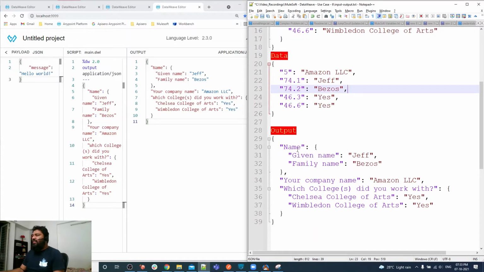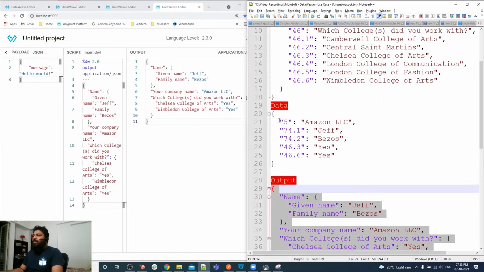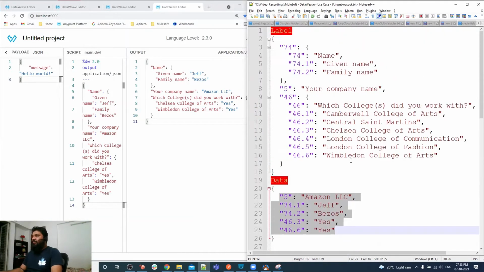As you can see, the name is coming, and given name and family name are coming, your company name is coming, which college did you work with. So this is the output we need to generate. How? Based on those values. For label number 1 we receive this value.